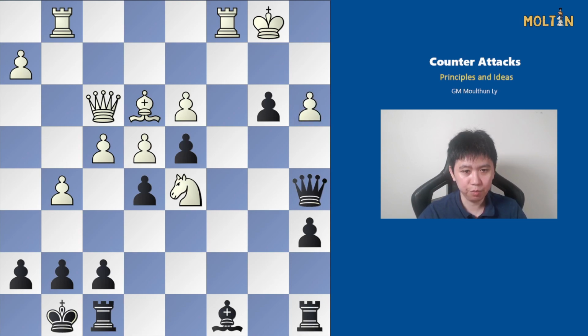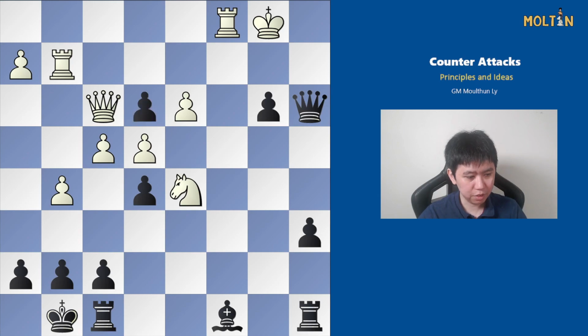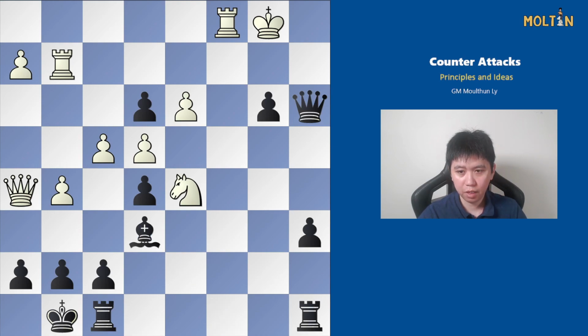Now after bishop takes, pawn takes, queen takes, rook g2 was played because the bishop is being attacked, and also queen check on a2 was a threat. Now after this we have the move pawn takes on e3, and white played the move queen to h5. Bishop to e6 was played,